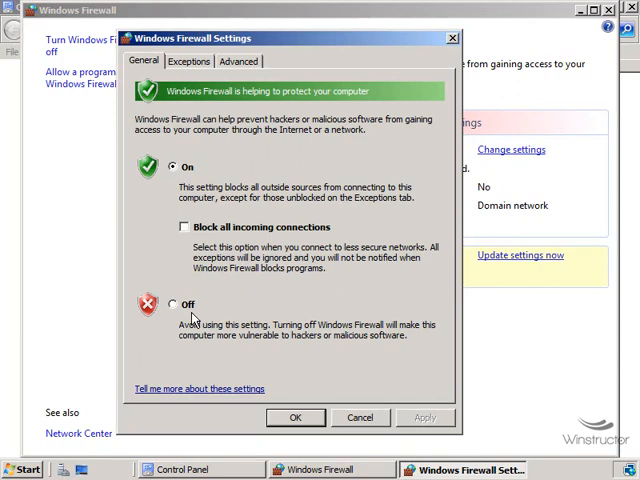Now finally, down the bottom here we can turn the firewall off, and that's definitely not recommended. But if you are running another firewall, or perhaps you're sitting behind a corporate firewall like ISA server, then you might want to turn it off, and you can do that here if you like, but it's still a good idea to leave it on anyway,